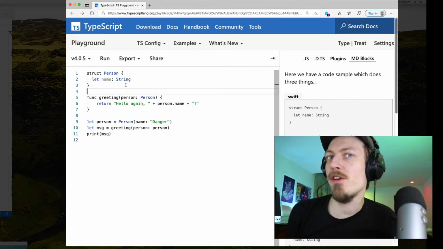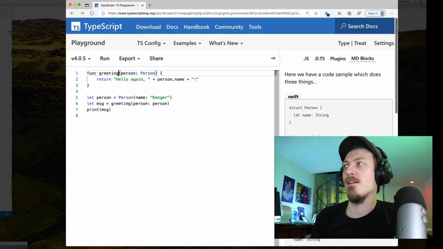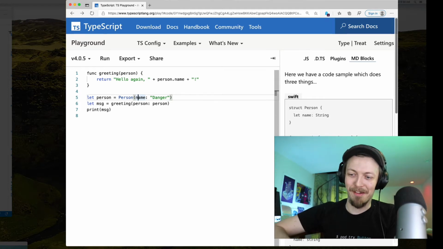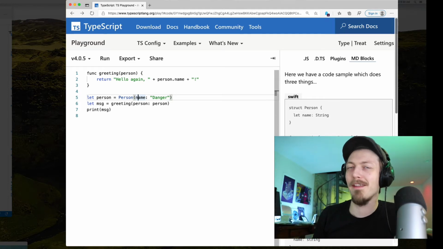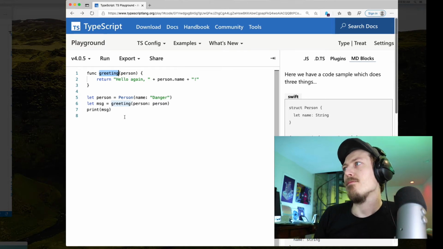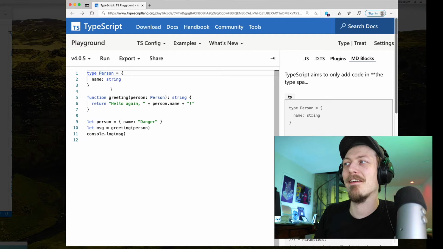You could conceivably imagine that at runtime, this struct is not there. At runtime, this reference to a person is not there either, because it's a set of evaluated scripts that just go from top to bottom. I realize that it's flattened, but there are still concepts like functions that jump to different registry points or whatever. This is basically the equivalent of what the TypeScript compiler is doing under the hood. So this is the exact same version of that same code. Again, you can barely tell the difference.